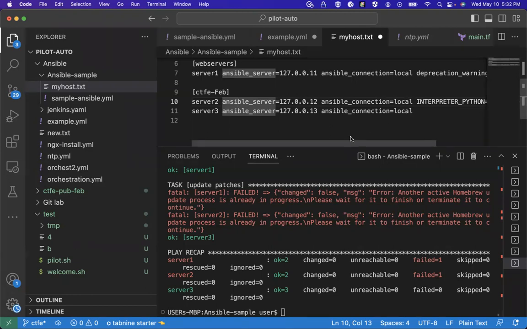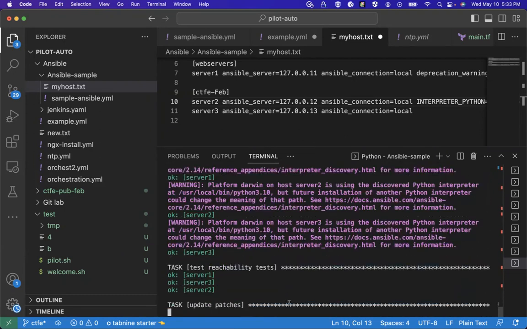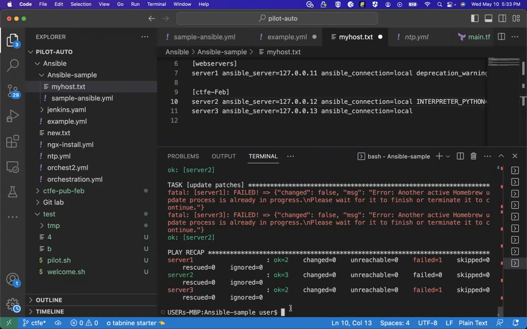Okay. So what I did now, I just reduced the servers. You cannot be updating 3 servers at the same time. That was why one ran successfully and the other 2 failed, because it says an instance of update is already running. So you cannot be overloading the system. Now let's run this. If I run it now, it's supposed to work, because it's just one server. What is this saying? I didn't save it.